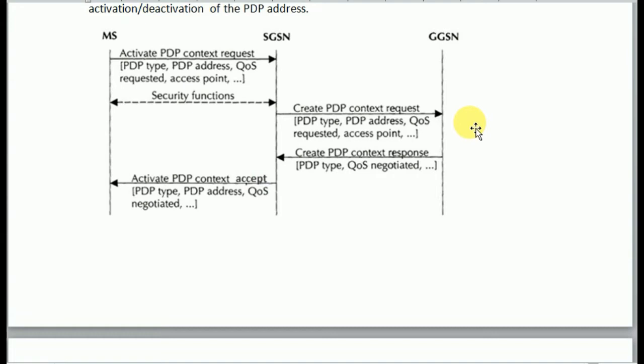You can see this create PDP context response from the GGSN to the SGSN. So this message contains the PDP address. The SGSN updates its PDP context table and confirms the activation of the new PDP context to the MS. So the SGSN will send the message activate PDP context accept.